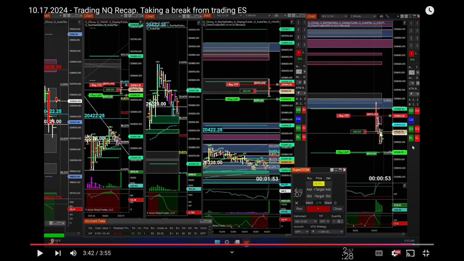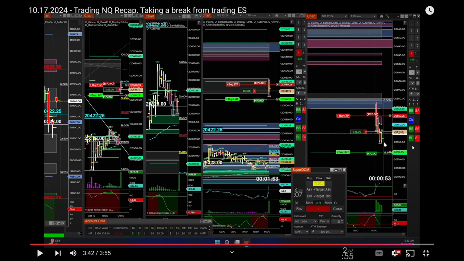What happened was basically it created another zone up here for me, right? This zone tells me that hey, there are a lot more sellers here. They're trying to fill their order, but it hasn't got filled yet. So if it did come back here, I was about to take another contract for a total of two short. Stop will be above this zone here.